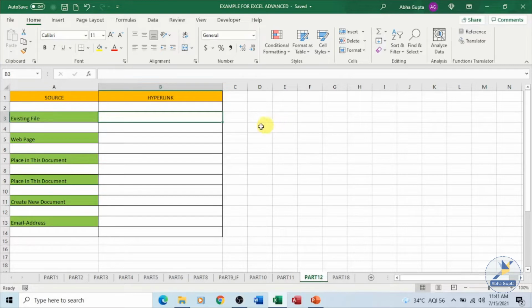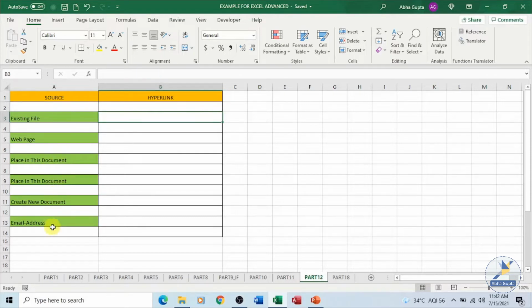There are two types of hyperlinks. One is relative hyperlink, where we give the partial address of the destination file. Now the source and the destination file need to be in the same location, same drive, so that we can give only the partial address. If they are moved from one location to the other, then it will result in an error. The second type is absolute reference, which contains the full address of the destination file. So we have an example over here.